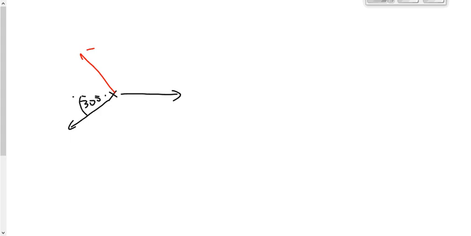What's different about this? Well, the funny angle. If we have a funny angle, and that's what makes it different, then let's take that funny angle off to the side and get rid of it. This is 10 meters per second, let's say. Then we take it off to the side over here, label it as 10 meters per second, label an angle of 30 degrees, and then we solve for an x component and a y component